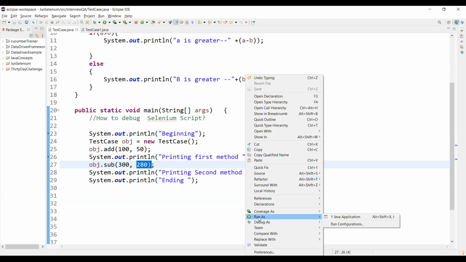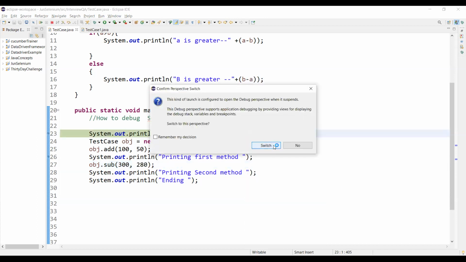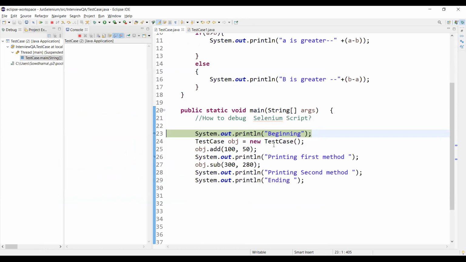Usually while running we use Run As Java Application, but now we are going to debug, so I choose Debug As Java Application and click switch. Now it is waiting for our instruction to move further. We have given a breakpoint over here, so it is waiting. What we need to do is click step over, which means pressing F6.